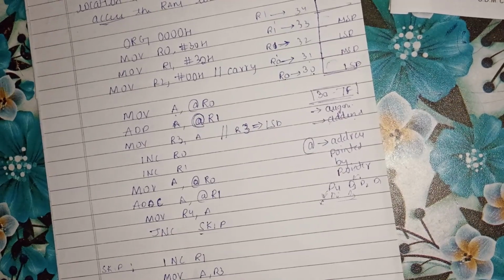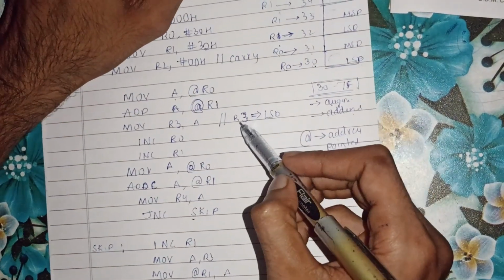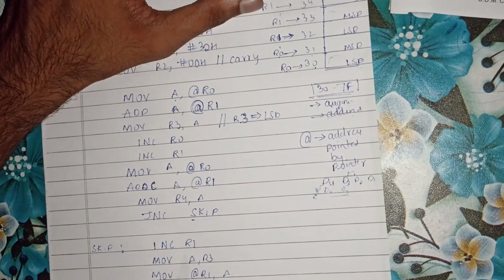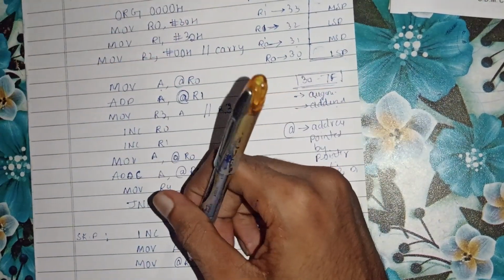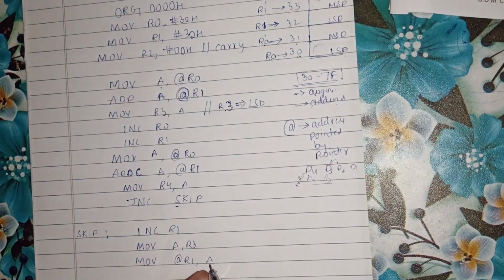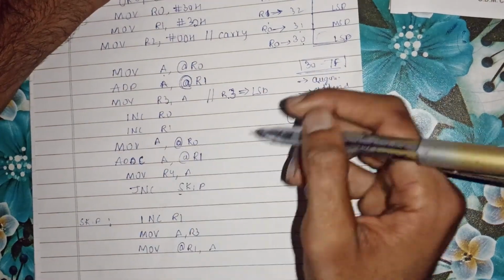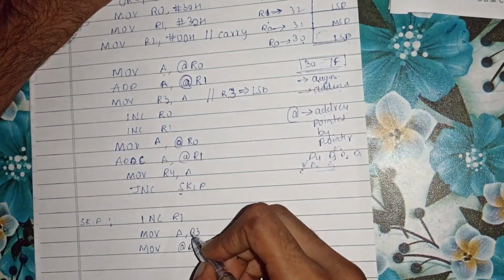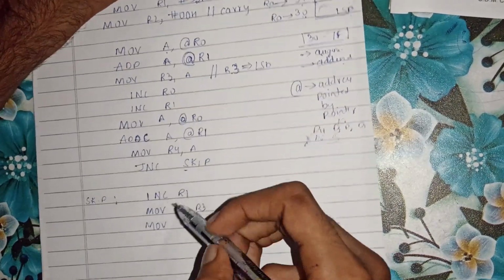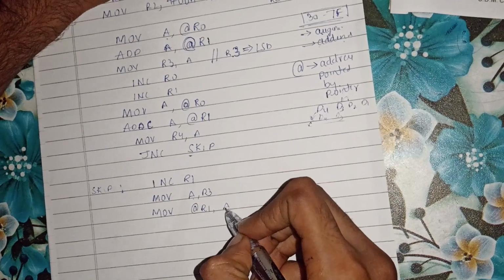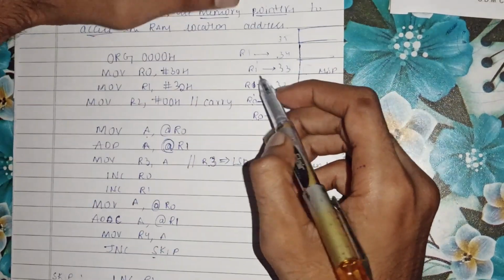So for this instruction you can have a question: why can't we directly use register R3 to store the result into the address pointed by R1? If you write both as registers, that is move R1 and R3, it will throw an error; that is illegal in microcontroller programming. So you have to use the accumulator. First you copy the content stored in the LSD into the accumulator, and then you store the contents copied into the accumulator into the new address.